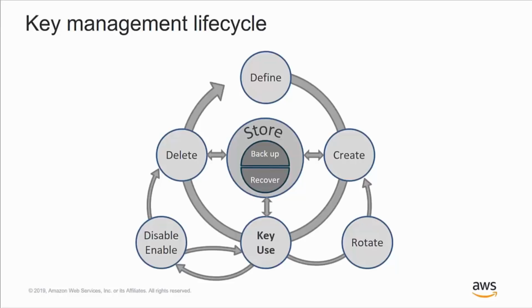Disabling is useful because it's a powerful intermediate step before actually deleting keys. Deleting keys is a fairly painful process, or can be. It's something that requires a lot of thought because obviously if you delete a key that's been used to encrypt something in the past, then that data becomes irretrievable. So disabling keys is a useful intermediary step before you build the confidence to actually push the button and delete a key.